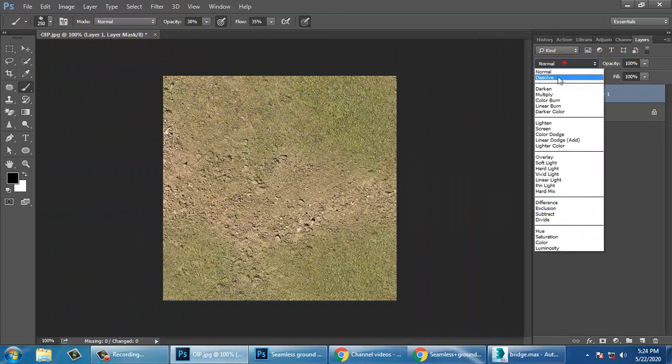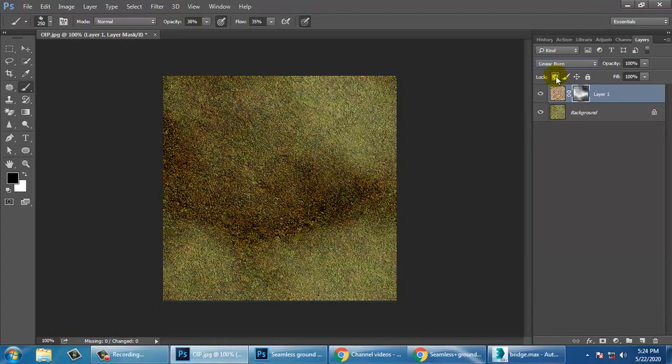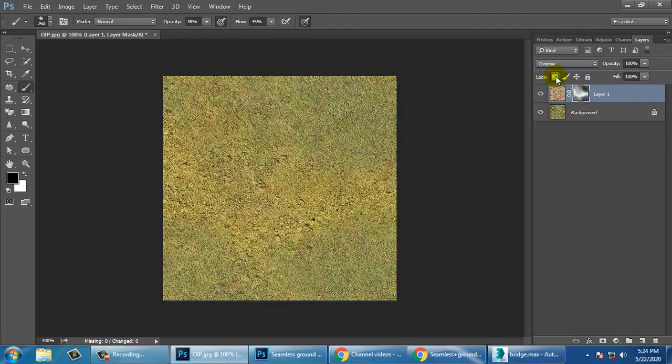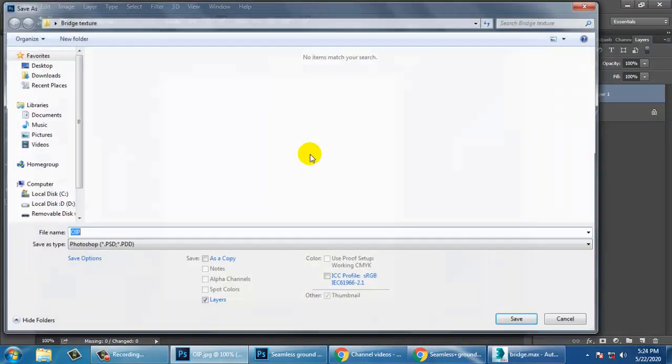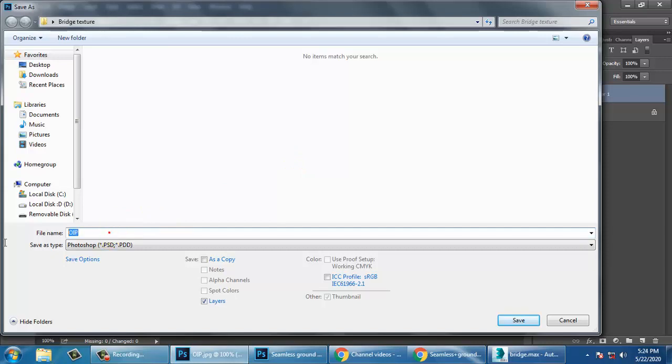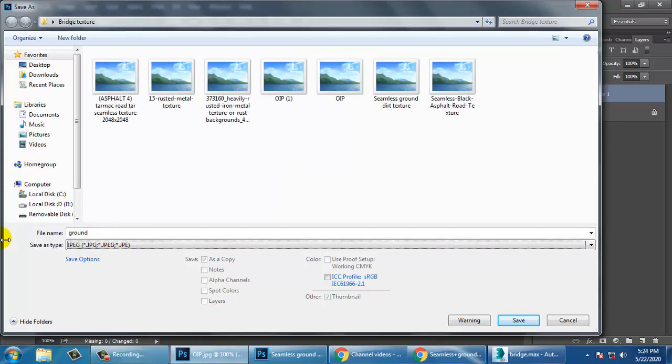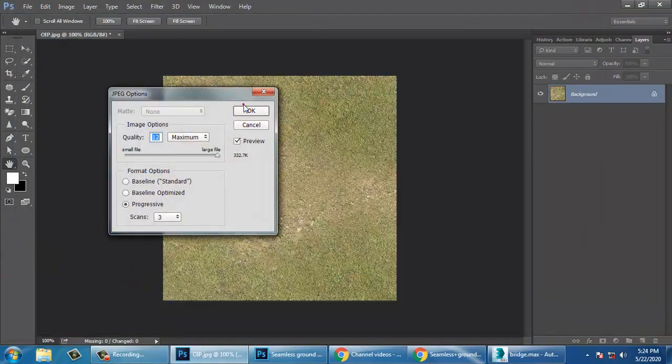You can just make it in this way. Alright, so once you're done, let's save it. Just name it ground texture and click OK.